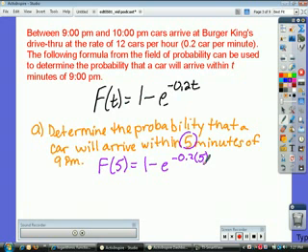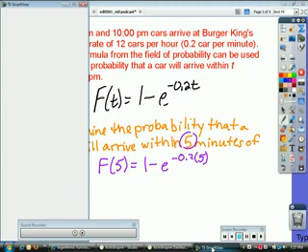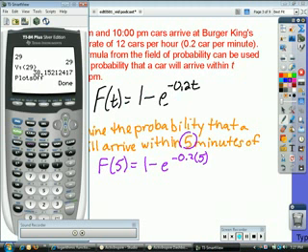Now the best thing to do in this situation, especially since e is an irrational number, is to use our calculator to type this in. Let's clear that. Okay, so this is going to be 1 minus e, which is going to be second in the natural log button, and this is going to be negative